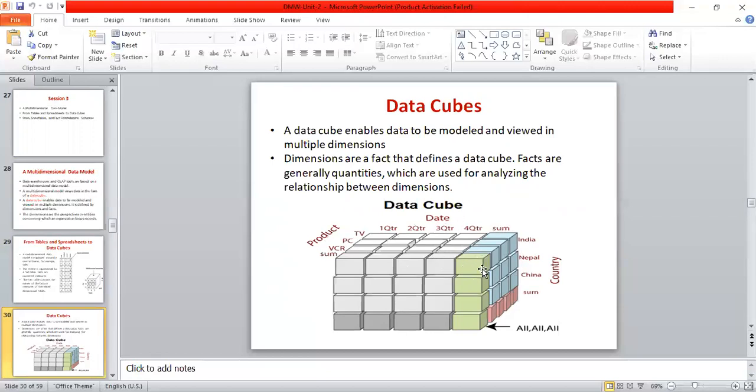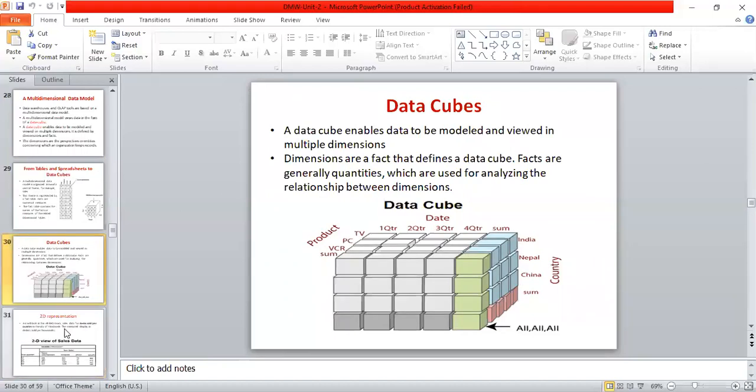This is the quarterly sum of the item VCR. For example, if I click on this block, then this is the PC in the fourth quarter of Nepal, or India. So we can choose country, date and product to view the particular information, right.